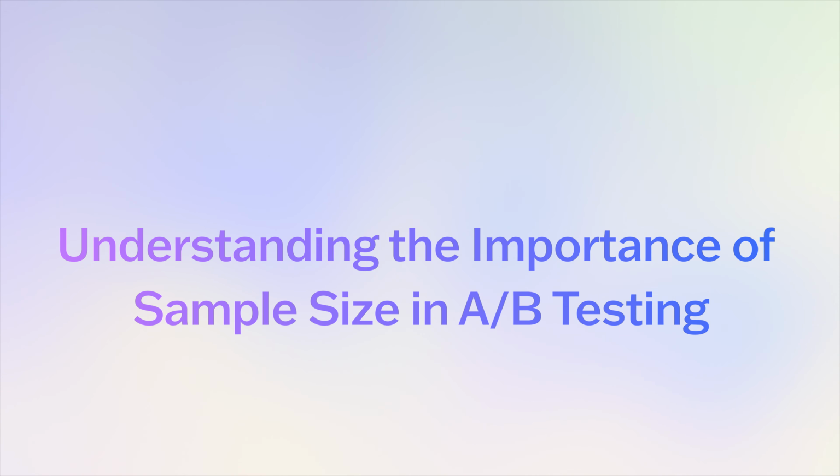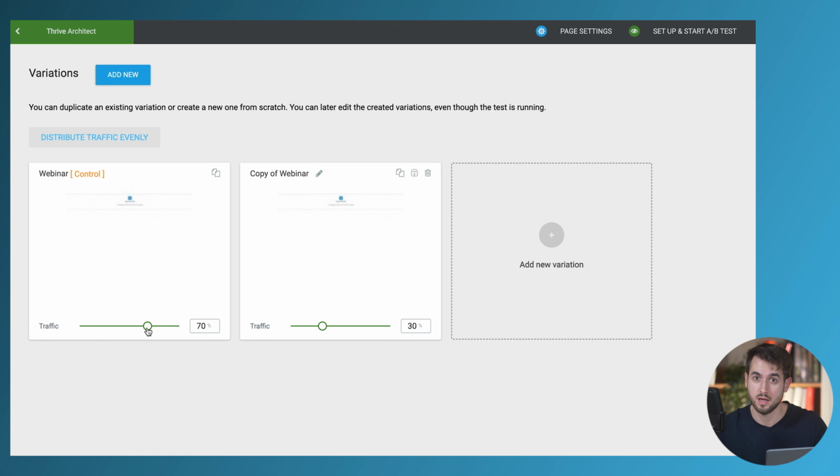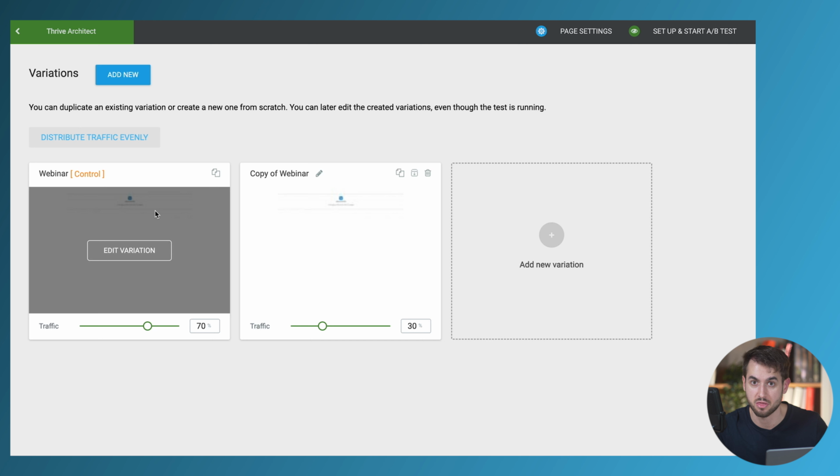Now, be wary of the fact that if you have 10 people landing on your landing page, you're not going to be able to come up with any conclusive analysis on what really is happening. I mean, your sample population would be so small that you can't really make any decisive conclusions of, I've had 10 people land on my landing page. 7 of those people have looked at one variation and 3 other people have looked at a different variation, and this happened. I mean, you got to have a really big, well, not a really big, but at least a couple hundred people land on each different page